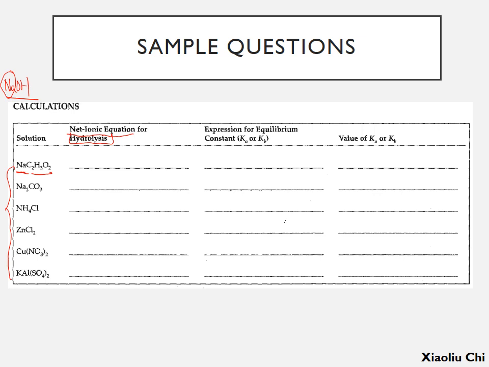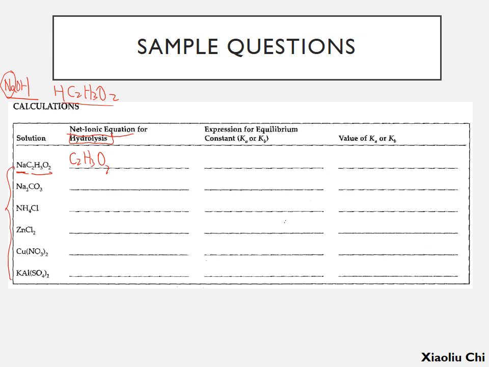C2H3O2 comes from a weak acid, and so HC2H3O2. Okay, and how do you know it's a weak acid? It's not in the list. All right, and so it's a weak acid. In fact, it's acetic acid, and because it comes from a weak acid, the anion should hydrolyze back to this acid. So you write